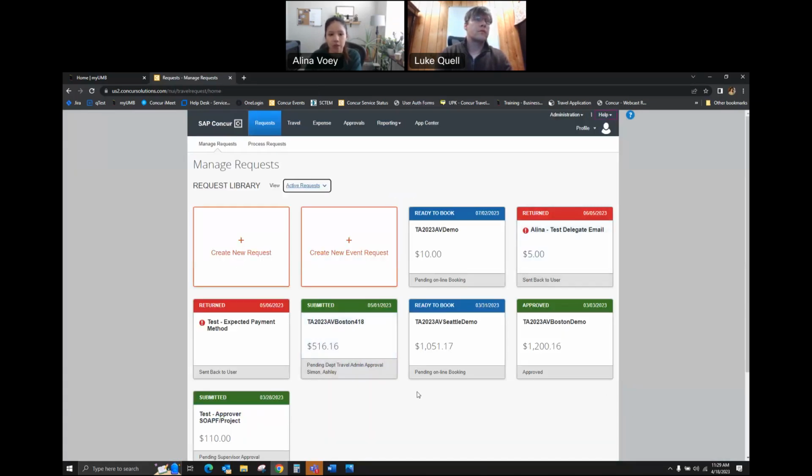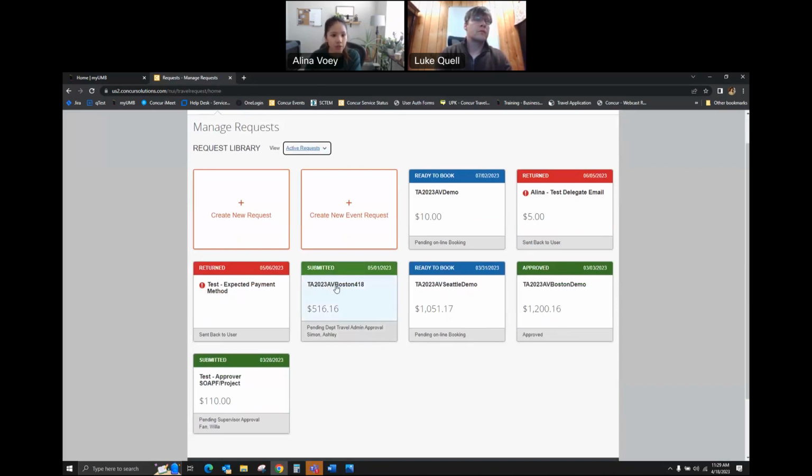And so now we can see that our TA 2023 AV Boston 418 is in submitted status. It's green. And down at the bottom, we can see which approval workflow step it's in. So right now it's pending Department Travel Admin Approver. And if we go back in to our request,